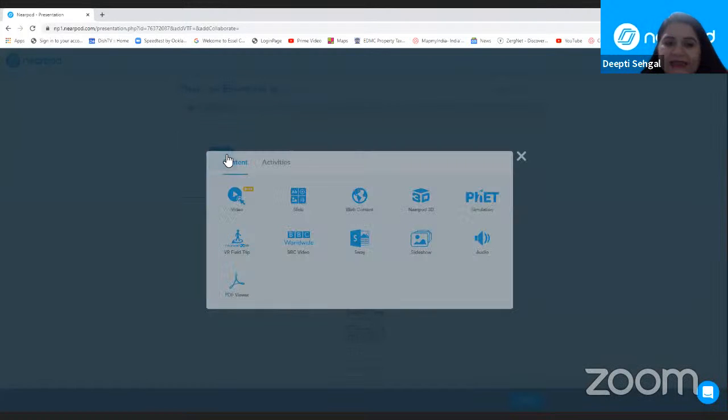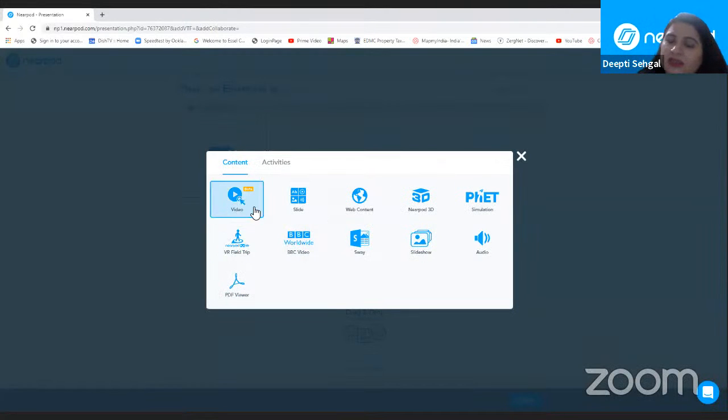When I click on add slide, a white box will pop up with the heading content, and you can see what you can add in content. You can add a video, a slide, web content, a Nearpod 3D view, then a physics education technology simulation, a virtual reality field trip, a BBC video,